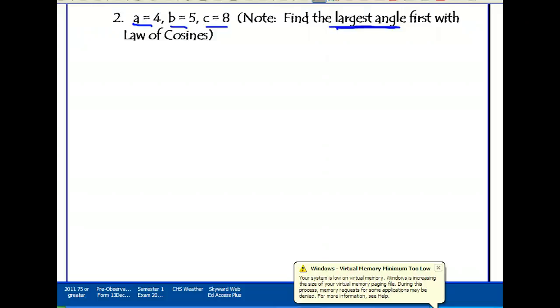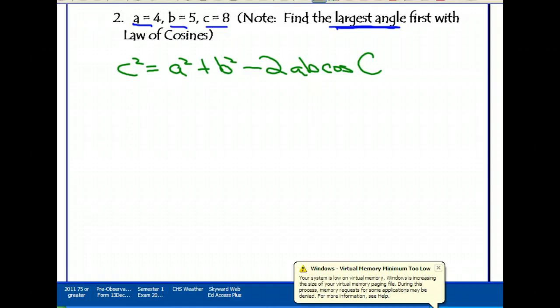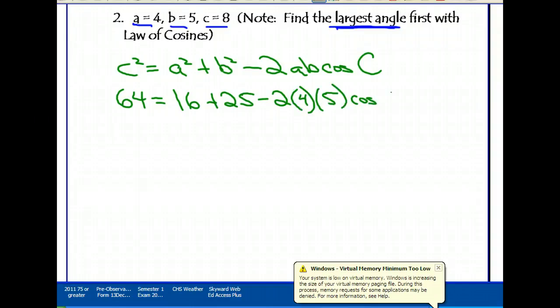And I will set it up, since I'm looking for angle C, I'm going to go C squared equals A squared plus B squared minus 2AB cosine of C. All right, the algebra is a little trickier here. C squared is 8, 8 squared is 64, A is 4, squared is 16, B is 5, squared is 25, minus 2 times 4 times 5 times the cosine of C. All right, we'll do a little bit of algebra, a little bit of arithmetic on the right. 16 plus 25 is 41. I multiply these three, that looks like 40